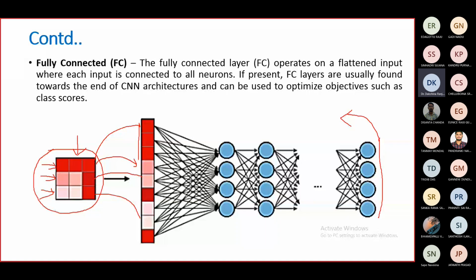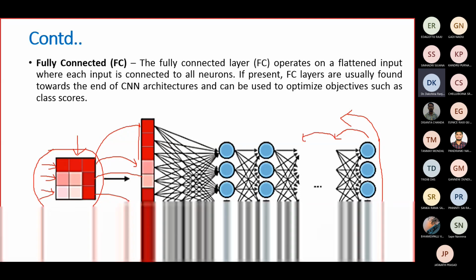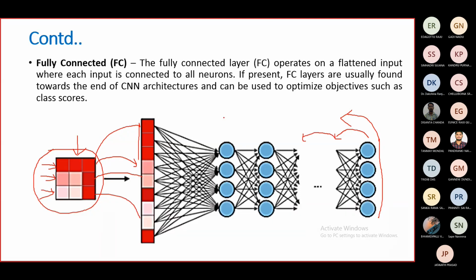Ground truth means the actual output, and then the error is computed. When the error is computed, we backpropagate this error and compute the gradient, and then again use that gradient in order to compute the weights. So here in this fully connected layer, initially we